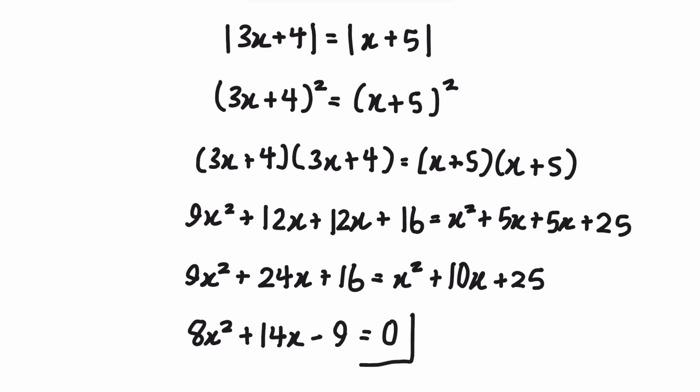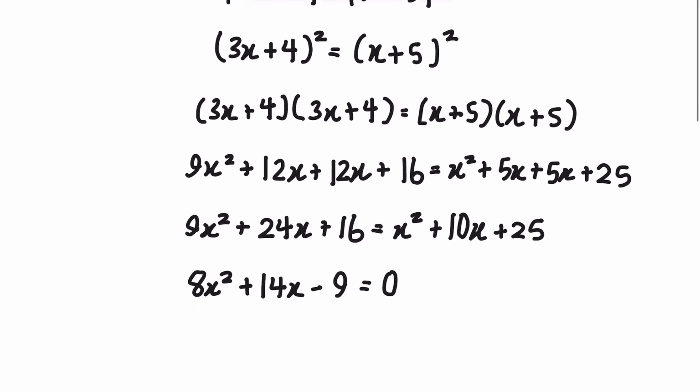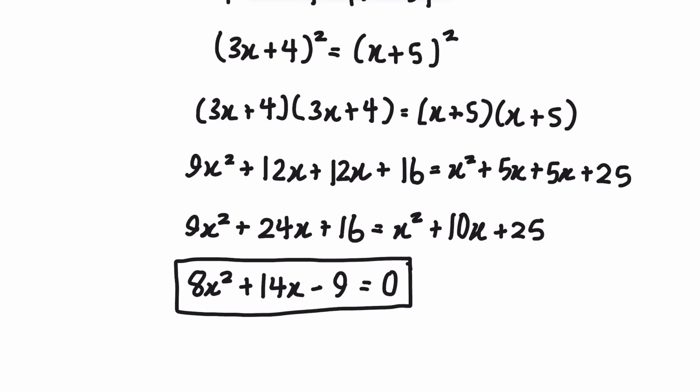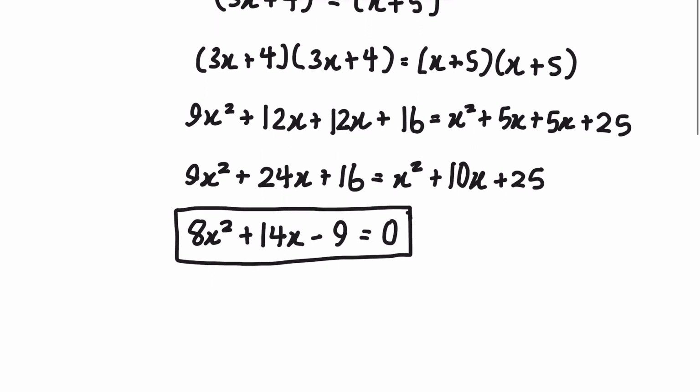You could use any method of quadratic equations to get the values of x, but I will just use the calculator by pressing mode 5 3 and then placing 8, 14, -9. But it's better to use the quadratic formula to work out the values. So we'll get the first x equal half and the second x equal